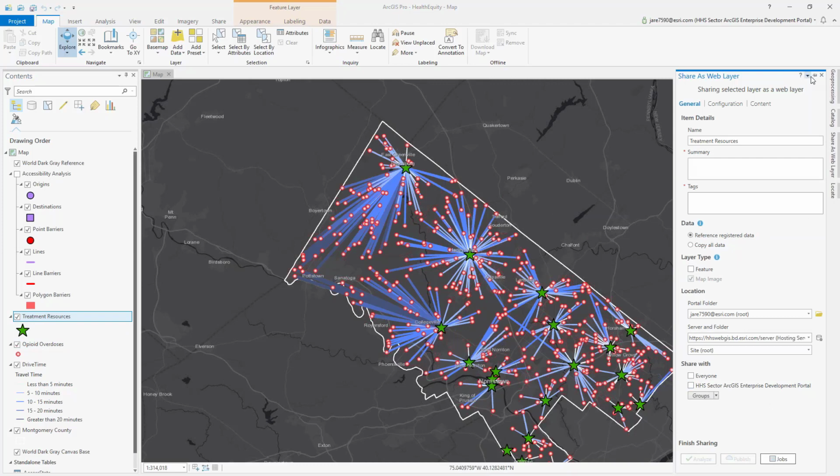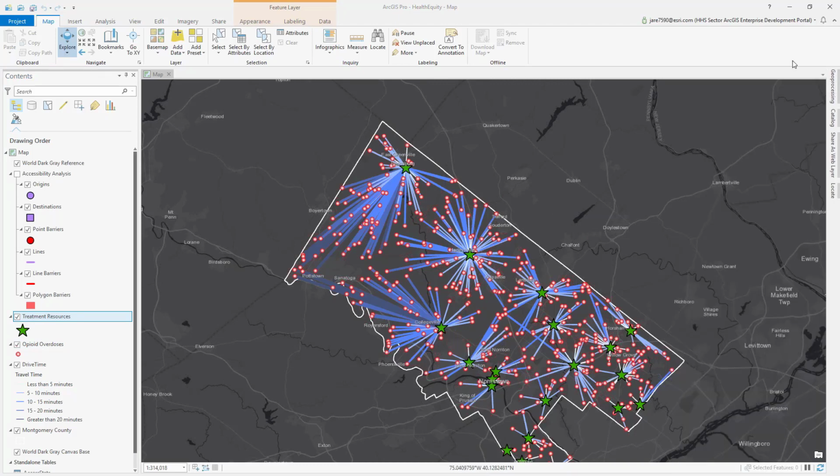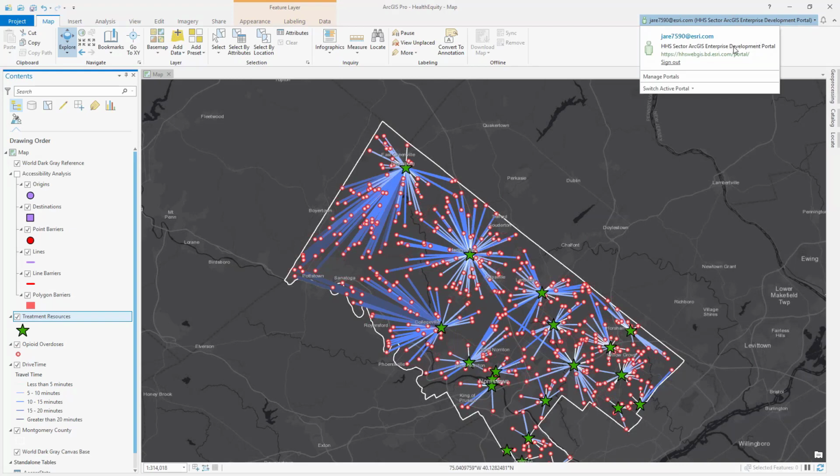I've got a number of different options here. I've already published this out, but you can see where it's going to go is to my ArcGIS Enterprise portal, because I'm signed into that portal using my enterprise credentials, my single sign-on capability. So it's inside of my network, and it's where I can put this data to be able to share it out with other groups. So let's flip over to the second part of this demonstration here,